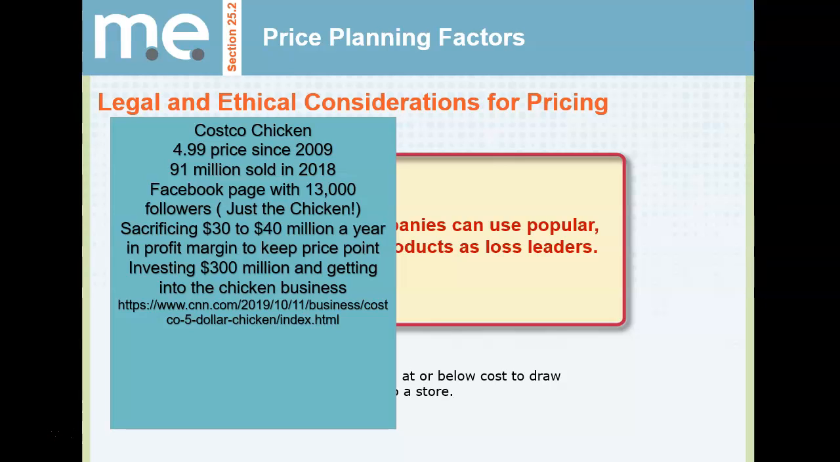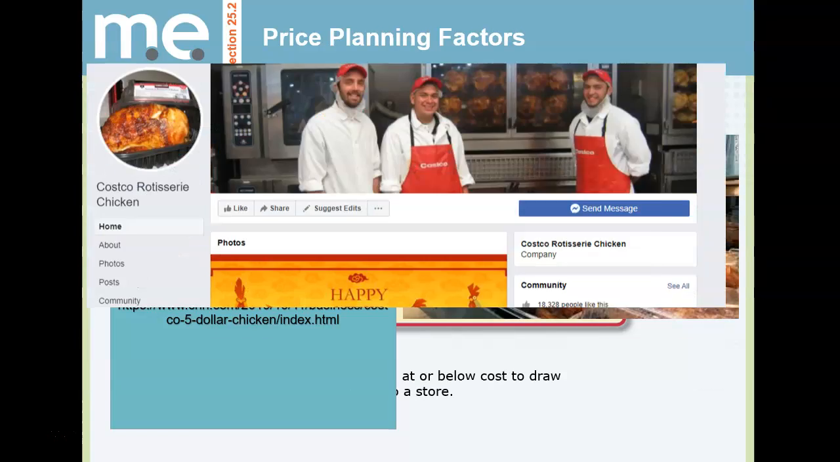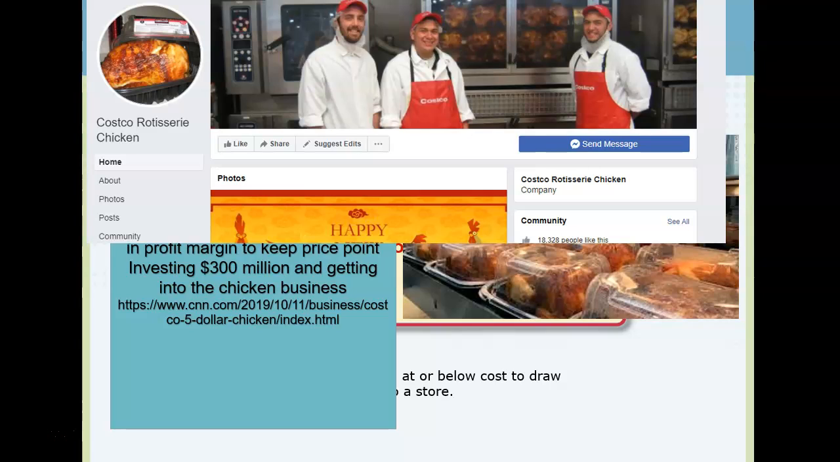It's Costco chicken. They sacrifice $30 to $40 million a year in profit margin, comparing what their profit margin is on the rest of their items to the chicken, in order to keep the price point where it is. That chicken is in the back of the store. You have to walk by everything else in the store to get to it. And it's incredibly popular. There's the chicken. Here's the Facebook page. But here's what I thought was really interesting when I read this story a year ago,